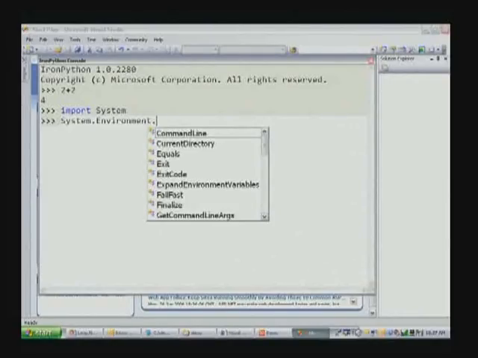So you get much richer console support in Visual Studio, and you can get IntelliSense as you use the system libraries or any .NET libraries as a whole, which I think is pretty powerful. Okay, so